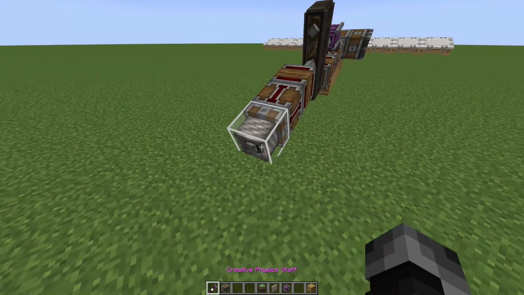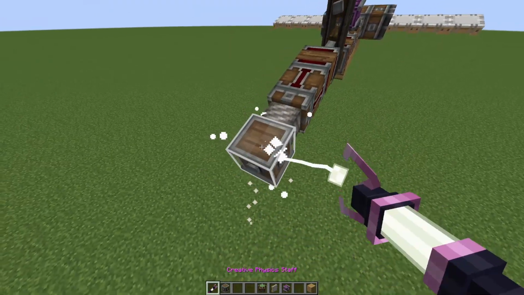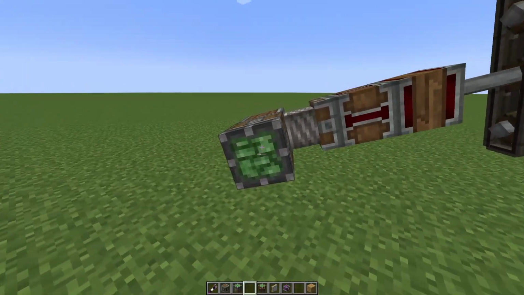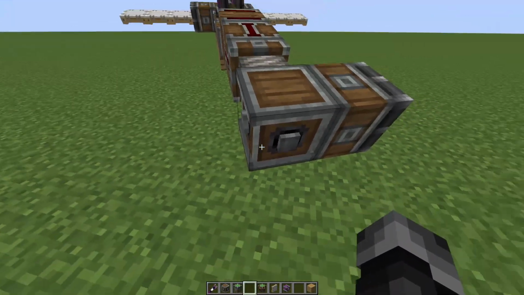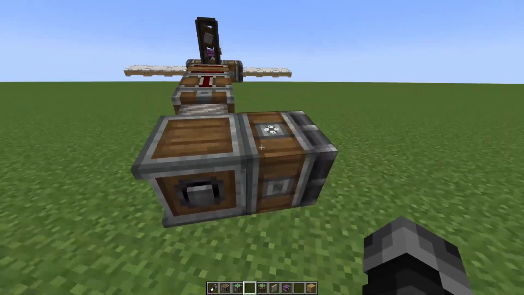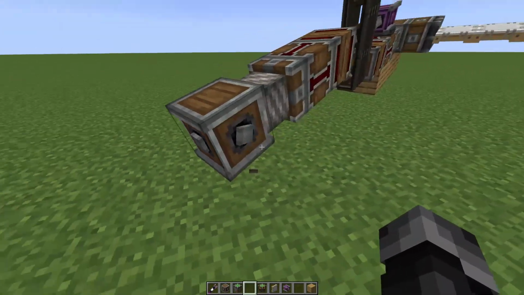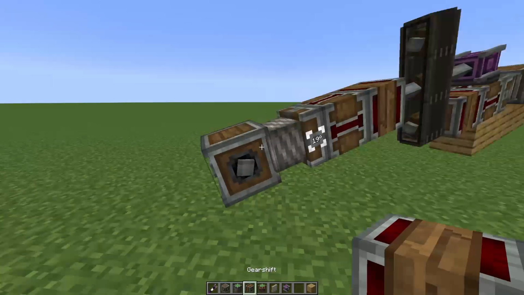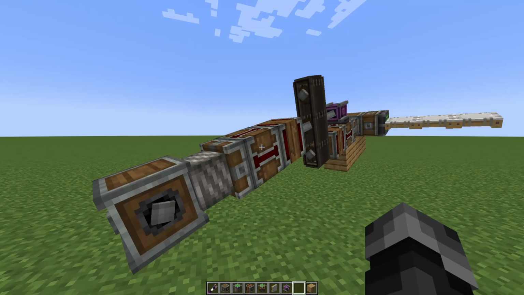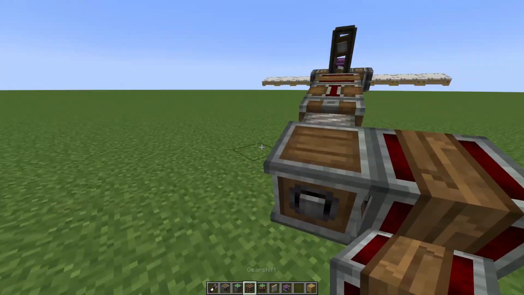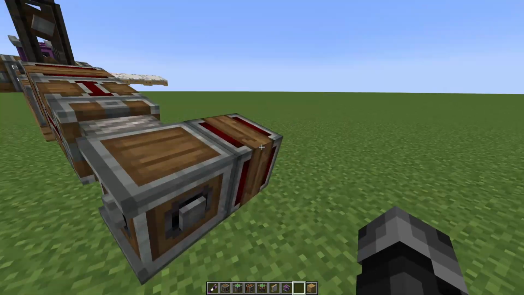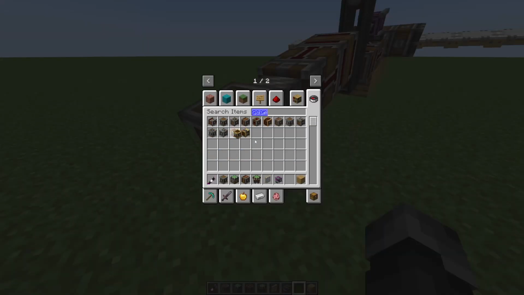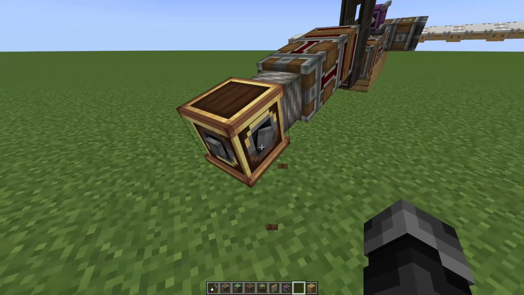If these are our elevators, which they are in this case, because we already have the ailerons here, we can't just use a normal gearbox, because gearboxes, obviously, this one spins clockwise when this one spins counterclockwise. So this one doesn't work. You have two options now. If you don't have Create Connected installed, just use gear shift, or place the shaft on one side and the gearbox on the other. But if you do, take a brass gearbox, because in this one you can just configure